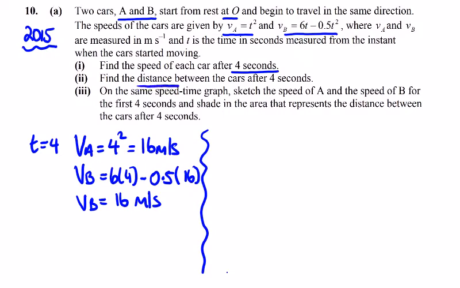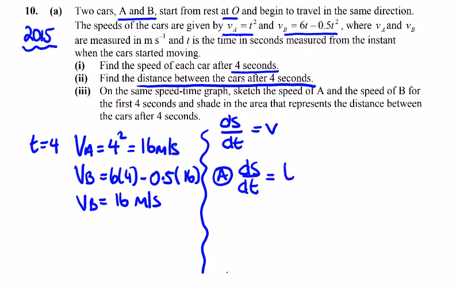The distance between the cars after 4 seconds. So we're dealing with distance and time. ds/dt, which we know is equal to velocity. S is equal to ut plus a half at squared, and then differentiate. So we have A, we can take them separately here. So we have ds/dt for A